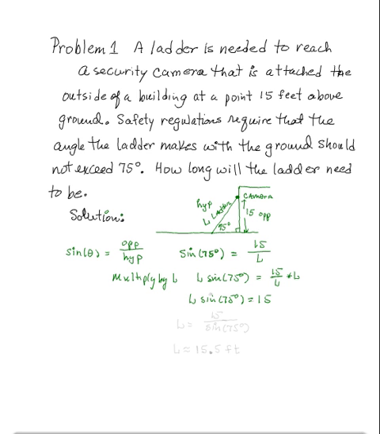Once we have transformed the equation to this, the final step is just to divide through by the coefficient of L. The coefficient of L in this case is the sine of 75 degrees. So L equals 15 divided by the sine of 75 degrees. Now, we've solved for L, and if we didn't care to do anything like buy a ladder, you could stop right here. This is the solution. However, if we want to buy this ladder and know how long it needs to be, we need to get the decimals for this. So L is approximately, using your calculator,